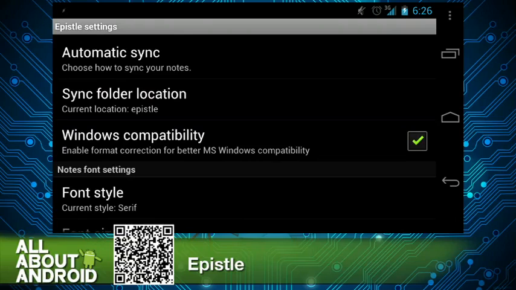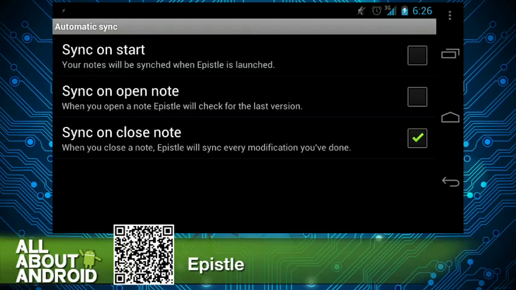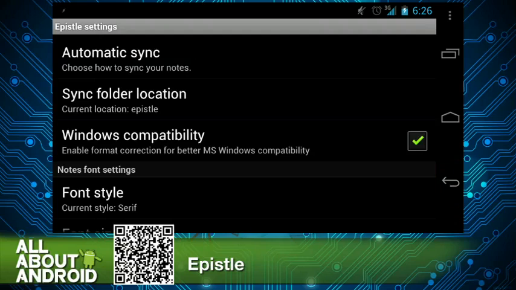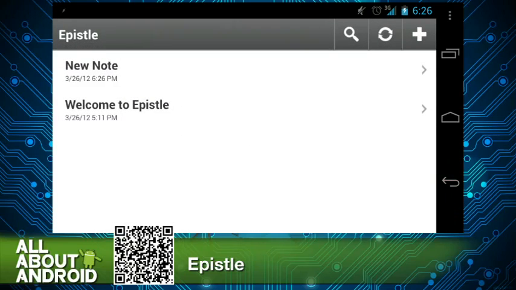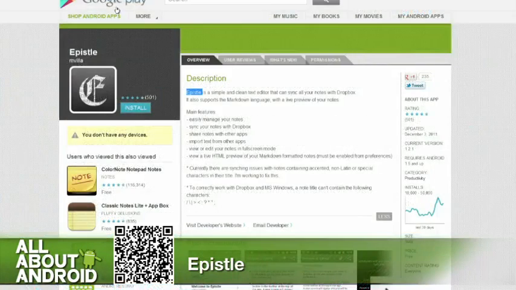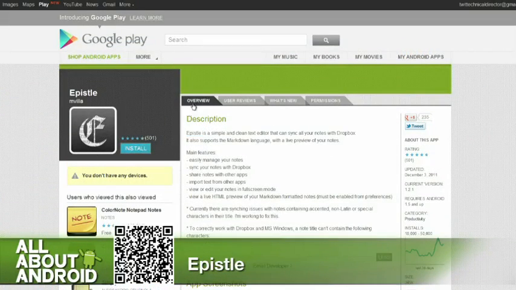And so it has that kind of rub-off feeling of magic, especially for people like me who write stuff all the time. And if you get stuck somewhere with your phone or your tablet, you can just write, and it's all there without you having to think about it. So it's Epistle. It's free on the Android market, I believe, or it's very cheap. I'm sorry, I didn't look up the price. I think it's free.